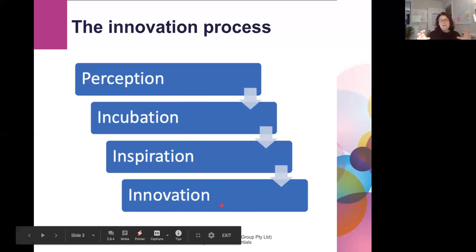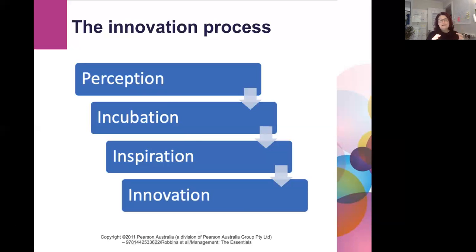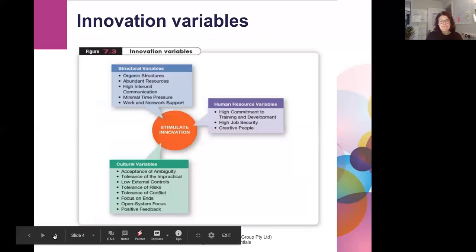And then the actual innovation itself, which is the physical manifestation of those ideas that have been created, and then being implemented. Innovation can be anything from an invention, a whole new product, to ways of improving processes. An innovation can be something as simple as a new way of doing something that is more effective than another way. And being able to implement it well is part of that innovation process.